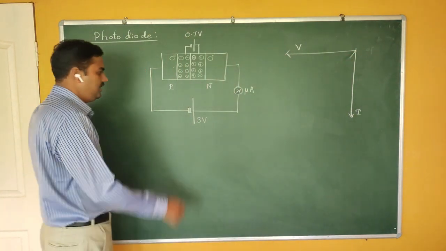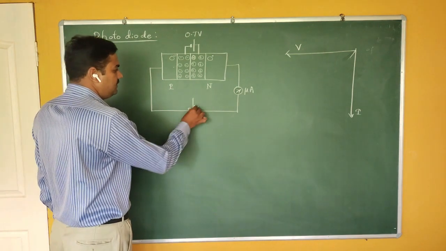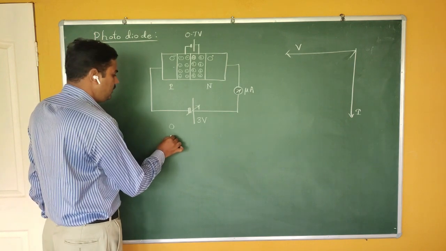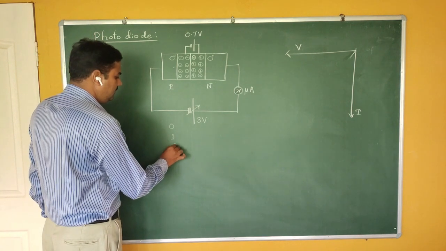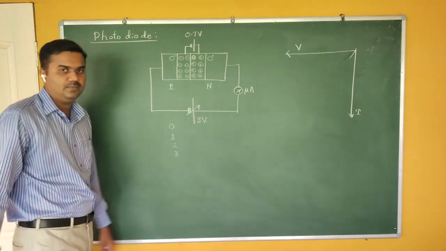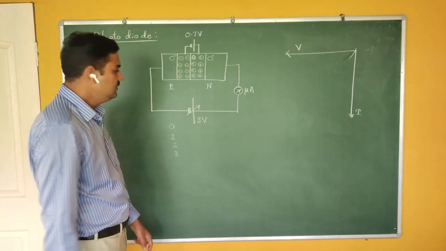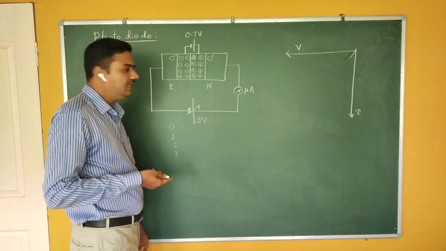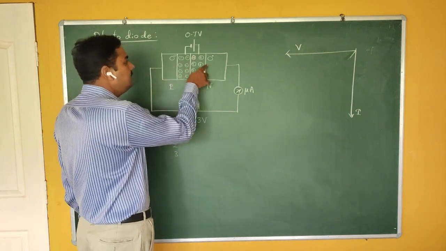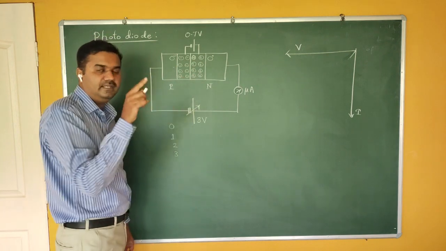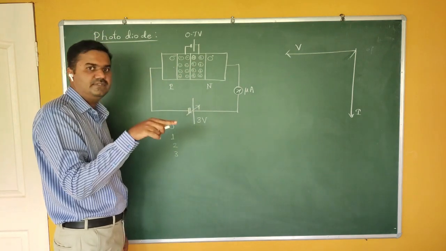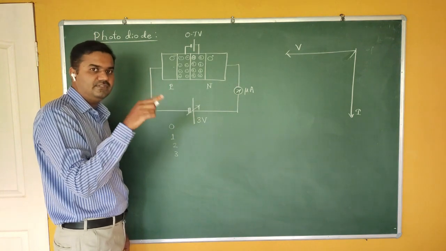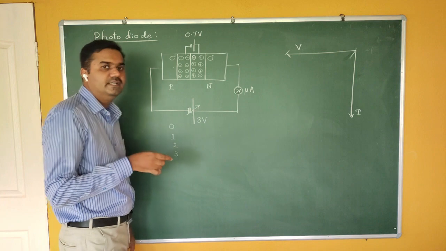As you increase the voltage, if I consider this as a variable battery, first you have 0 volt, then 0.1, then 1, then 2, then 3, like this, 1.1, 1.2, then 2, then 2.1. As you increase the potential of the battery, it supplies more energy to the electron, so its kinetic energy increases, so it takes less time to cross the junction, therefore the current increases.